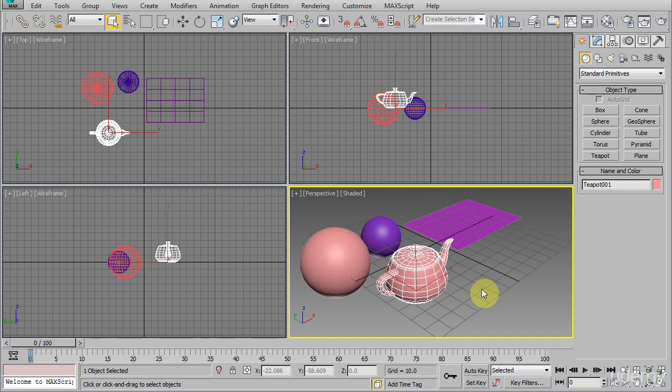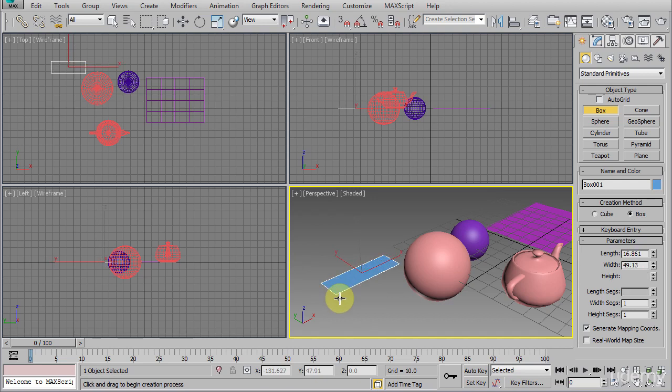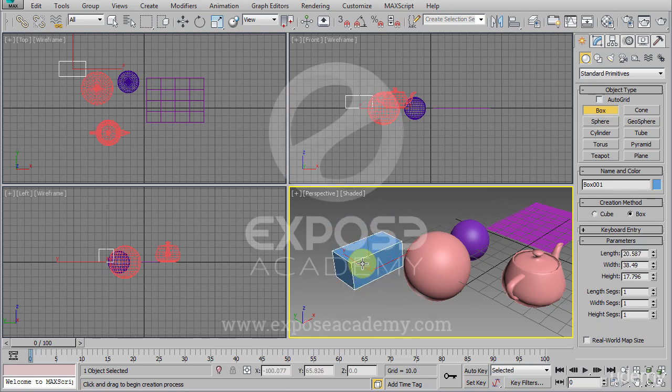The second technique, which requires more interaction, is by using click, then drag, then release, then drag, then click once to finish. For example, let's create a box. Click the box button and click drag on the perspective viewport. Now, the first click drag will create this base area of width and length. There is no height yet. After we release the mouse button, now we're moving on to defining the height of the box. We're not touching any button now, just moving the mouse up and down to define the height. Notice the height can be negative, so it goes below the ground. After we are satisfied with the box height, click once on the mouse.